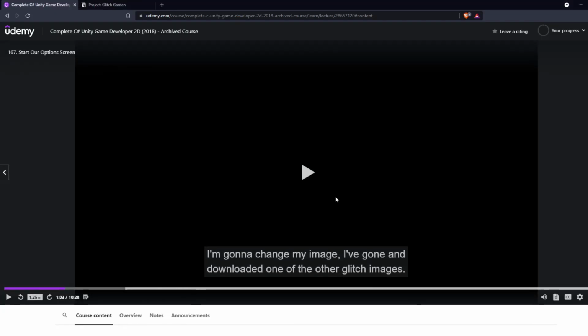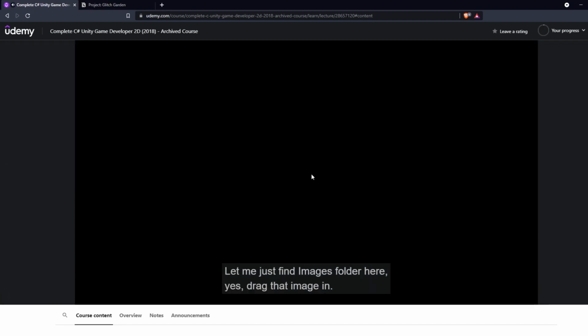But yeah, I'm just gonna watch what he does. Loaded one of the other glitch images. Let me just find my images folder here. Yes, drag that image in. It's kind of a cool mushroom vendor guy. It looks pretty cool. I quite like that one. And then here we are, glitch meal. I'm just going to rename this to options screen image. So it's very clear what